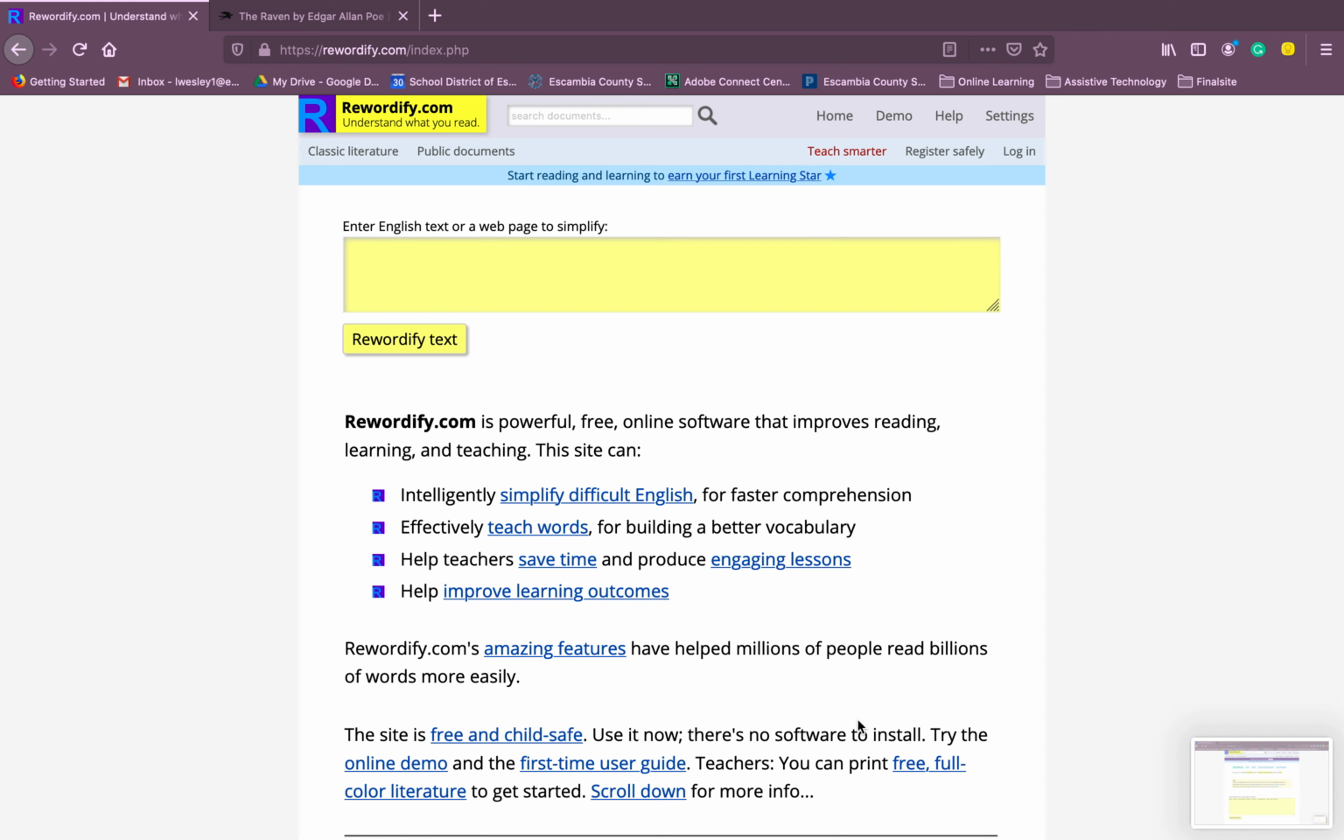The tool I'm going to show you today is called Rewordify. It is a free online tool that helps users access complex text. One of the benefits of using this tool is that it simplifies difficult English words. You can access it by going to rewordify.com. It's a great tool to use if your students are reading classic literature, but they are having difficulty accessing this